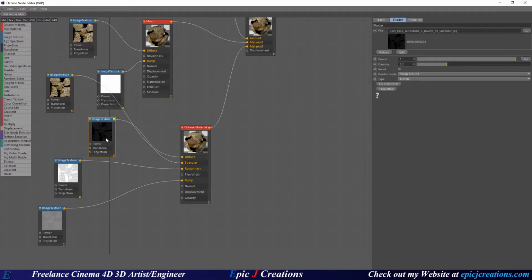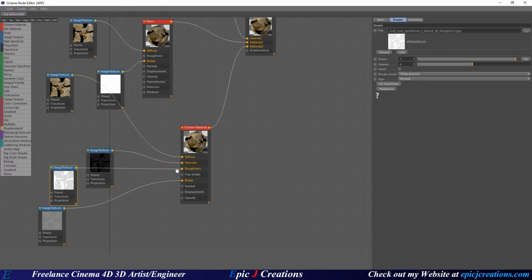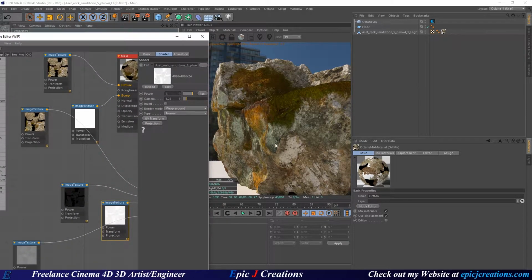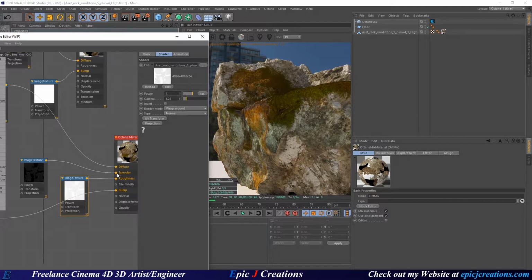But now that we have our specular plugged in, what I was doing here is we have our roughness map right here, and this was at 1.25. This means our roughness is going to be a little high. So to really show off what I'm talking about, let's take our specular and unplug this. Here's our roughness going on. If I set this to a value of 4 on our roughness,